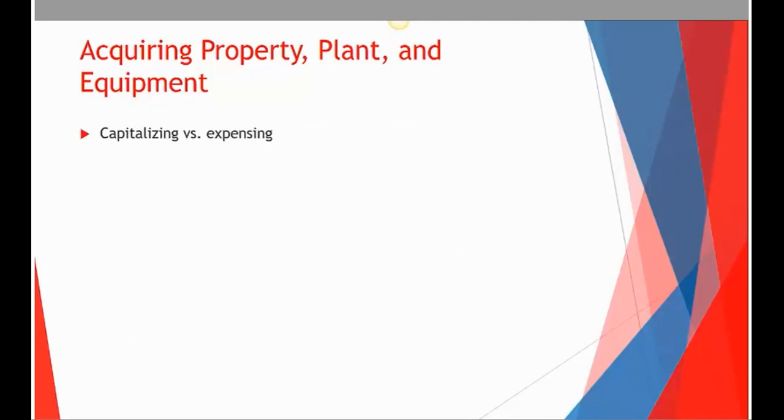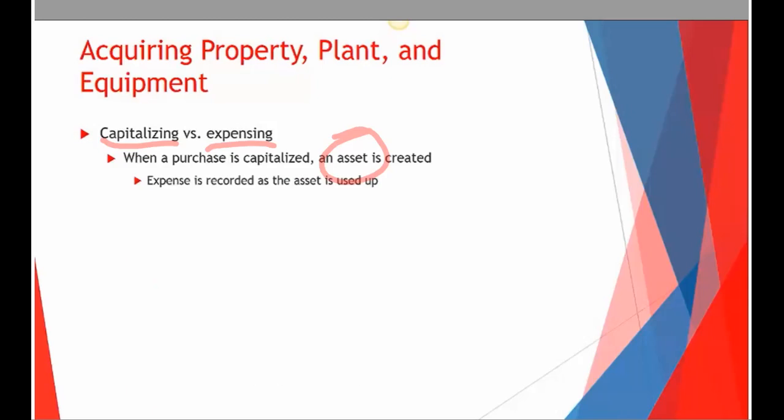One thing we want to set out on its own is the difference between capitalizing and expensing and what that actually means. When we capitalize something, that's when we actually create an asset. We're saying, okay, we're going to use this factory building, as an example, for more than 1 year. So we're going to capitalize it, put it on our books as an asset, and then record the expense a little bit every single year as we use up that cost. Sometimes think of capital assets more as long-term investments, if it helps.